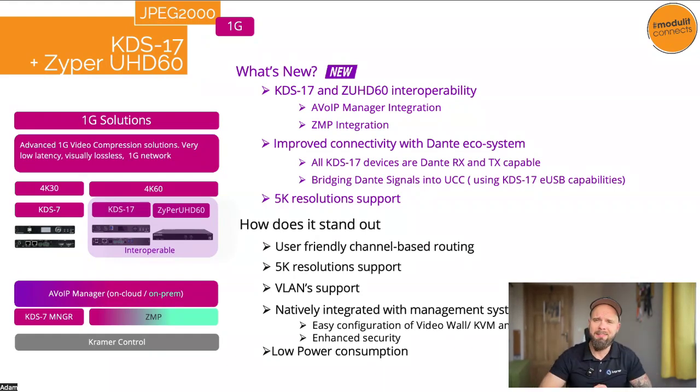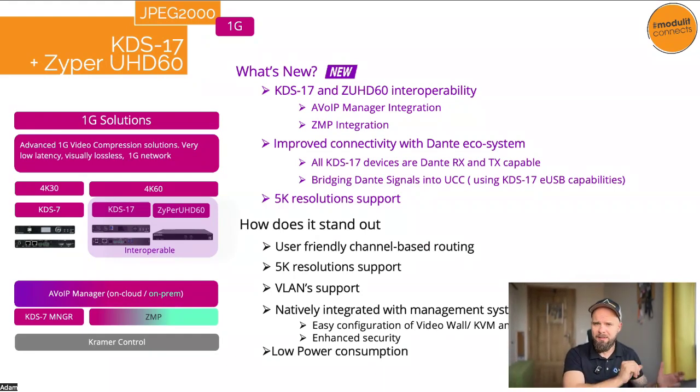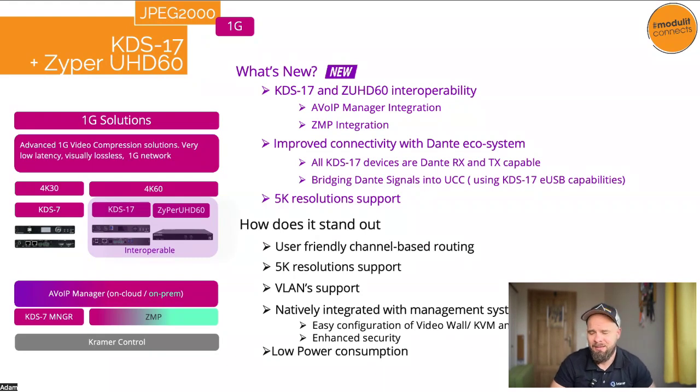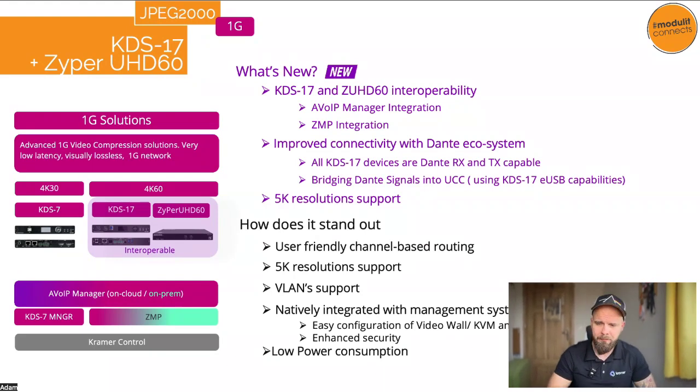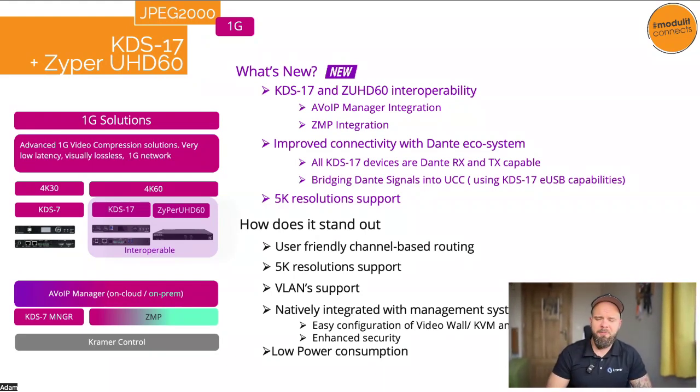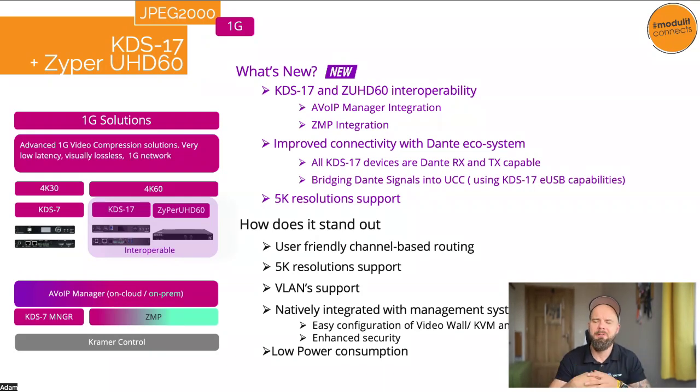So you can connect the camera to the decoder and then get access to the camera on the encoder side through, for example, the USB Type-C port, because of course we have USB Type-C ports on the encoders here. What else? 4K 60 Hz 444. So there is a compression here, but actually it's quite efficient, and the latency is lower than in KDS7 despite having an even higher resolution.